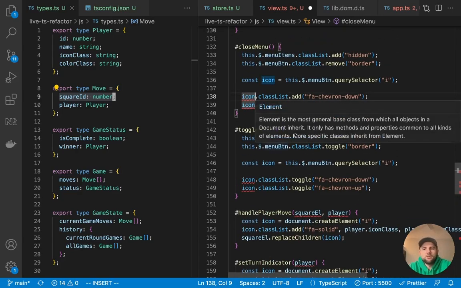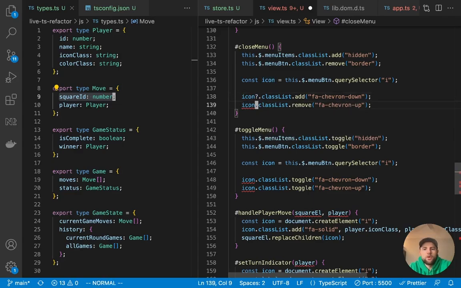So one solution to this problem is to put a question mark there, because that will be the optional chaining that we talked about earlier, where we're saying, hey, let's check the icon, and if it's an element, grab the class list and add this to the class list. If it's not an element and it's null, let's just evaluate this to undefined and not throw any errors. Now that works. You could add that there and it solves your problems.